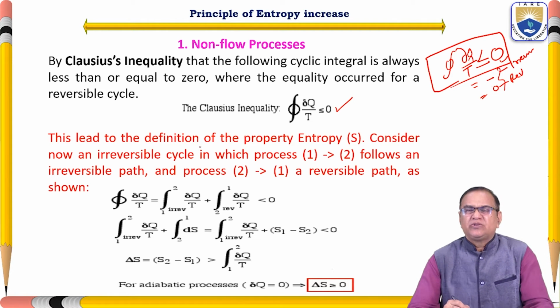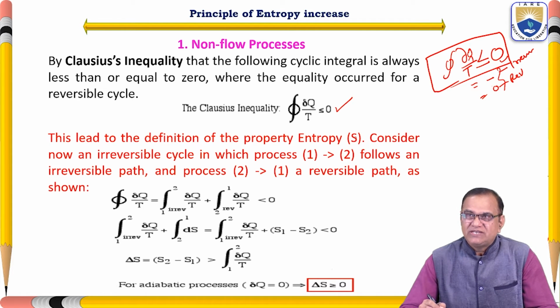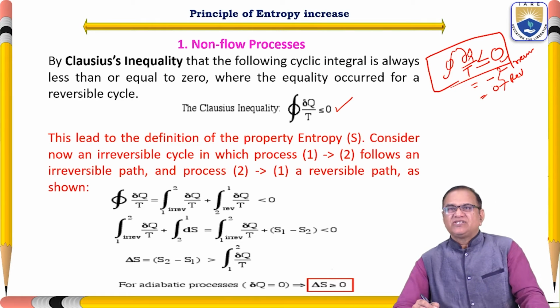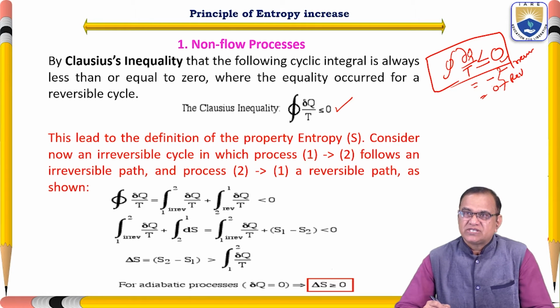This leads to the definition of the property called the entropy. We have seen that del Q by T is equal to dS. So del Q is equal to T into dS. Considering now an irreversible cycle in which process 1 to 2